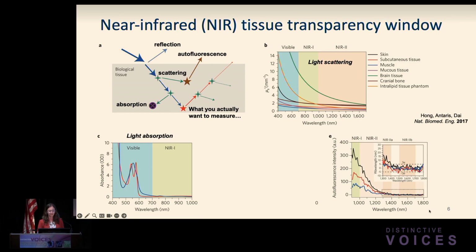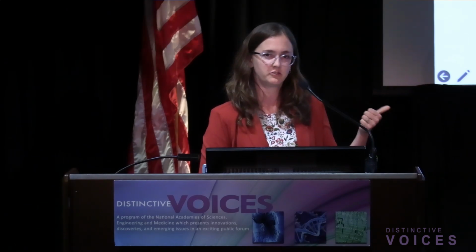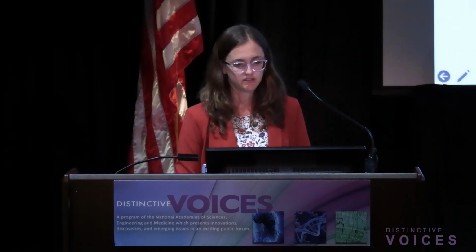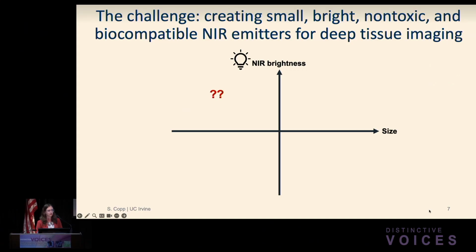So why is it that when you go to the doctor, you have to get an X-ray, an MRI, or an ultrasound instead of using near-infrared light? Well, one of the challenges remains that we don't have good contrast agents that work in this near-infrared spectral window. In other words, we lack small, bright, non-toxic, and biocompatible near-infrared light emitters that we can use to tag and track targets of interest. And our options so far are limited, but we can put them all on this two-axis